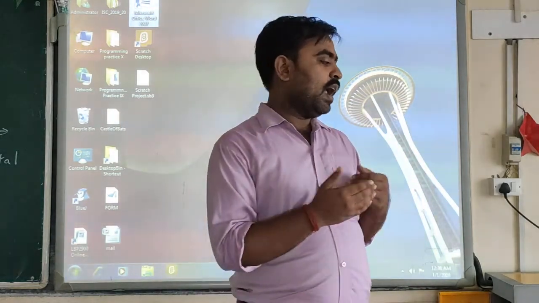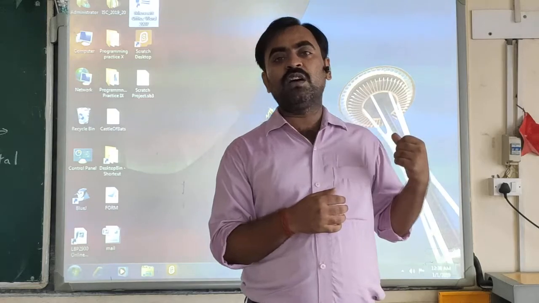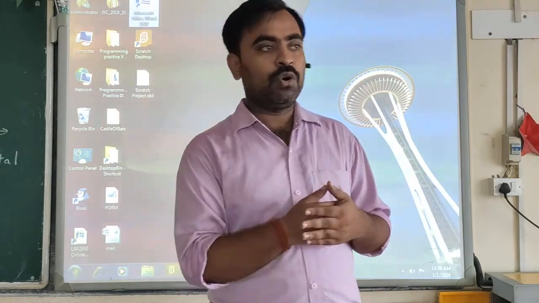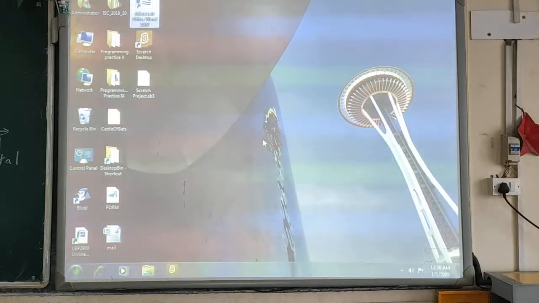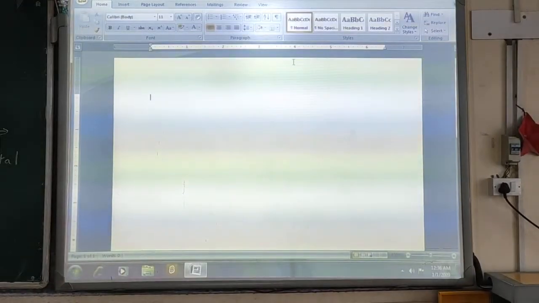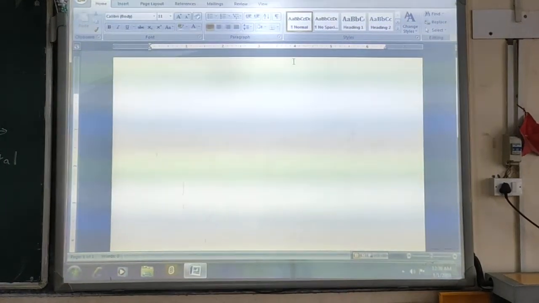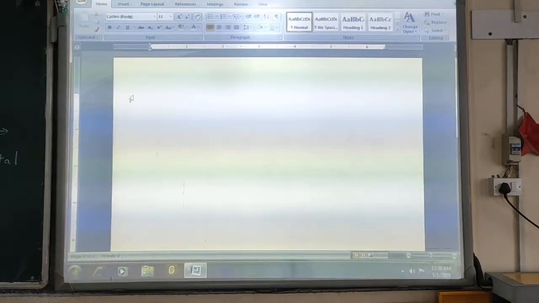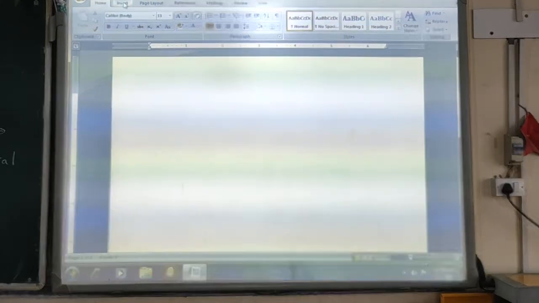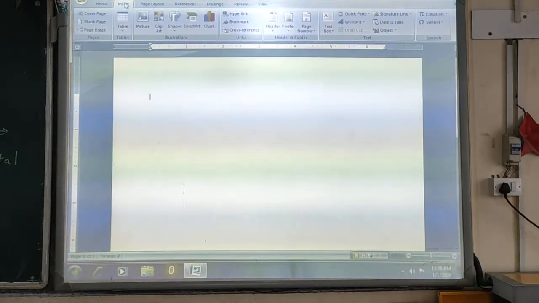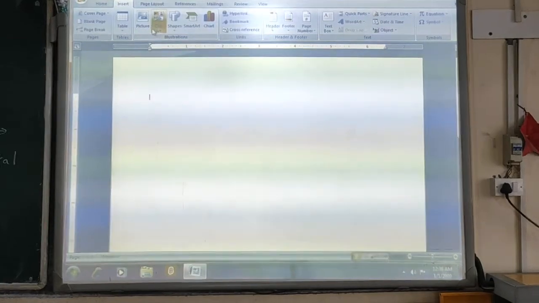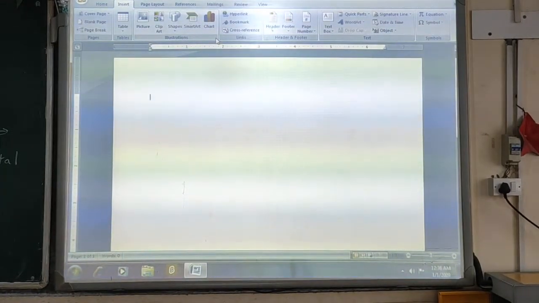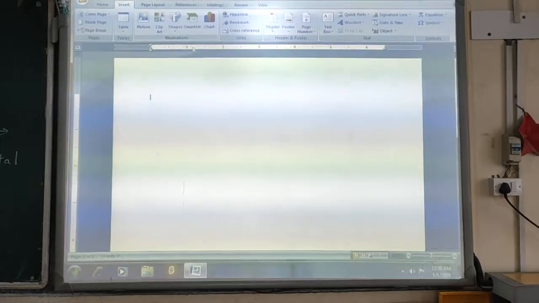So let's begin, and first of all we will start with working with shapes. Before using them, you need to open the Word program window. Then the steps you have to follow are: click on the Insert tab, and from there go to the Illustrations group.